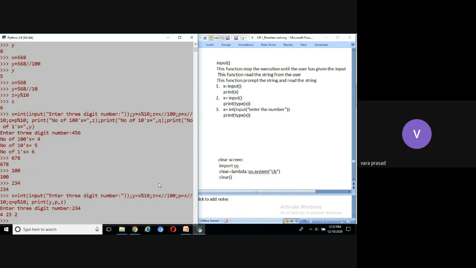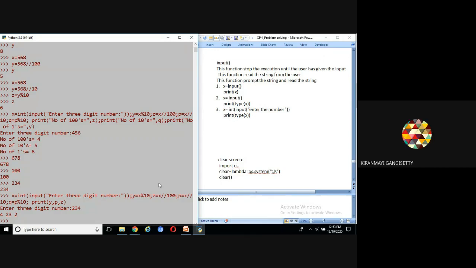Still there is a mistake. But by using the previous logic, you can solve this problem. The answer is now 432, but you can see the output is 4232. Sir, instead of P, keep Q. Yes, sir.